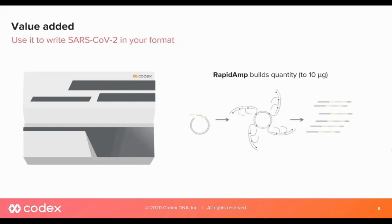And this is just one additional step to the hands-free pipeline that scales up this very small number of molecules in the nanogram quantity that are circular and cloned, containing whatever number of synthetic DNA fragments you've decided to add, and scales this number up from nanogram quantities to about 10 micrograms of final DNA. So what that does effectively is remove the in vivo component of the scale up. So there's no overnight culture, there's no purification. This is DNA that's generated cell-free in microgram quantities,